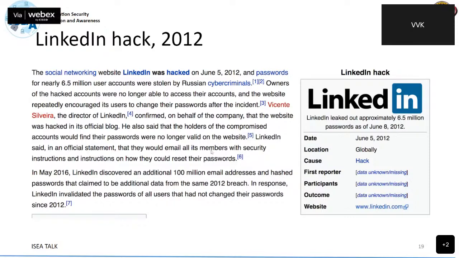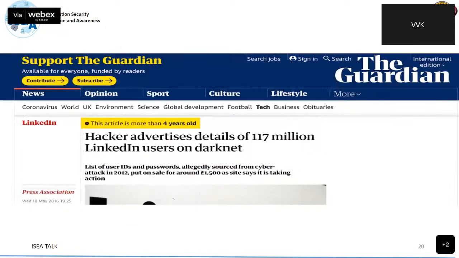Then LinkedIn hack, most of you must have studied this. In this, 100 million email addresses and passwords, hashed passwords, were breached. And later on, it was found that a few million LinkedIn users' data was found on the darknet for a small price.